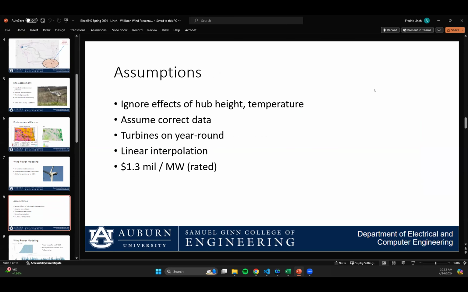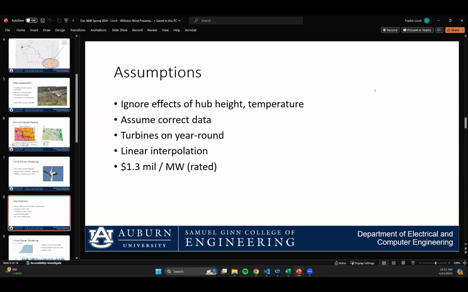So for our studies looking at the energy that could be produced by these turbine models, we ignored their hub heights for comparison because they're all within about 30 meters of each other. And then we didn't look at the effect of temperature on air density. Obviously, we assumed that the data that we found for power curves and for temperature was correct. We just modeled it for the turbine being on year round. And for points on the power curve, it was just linear interpolation between those points